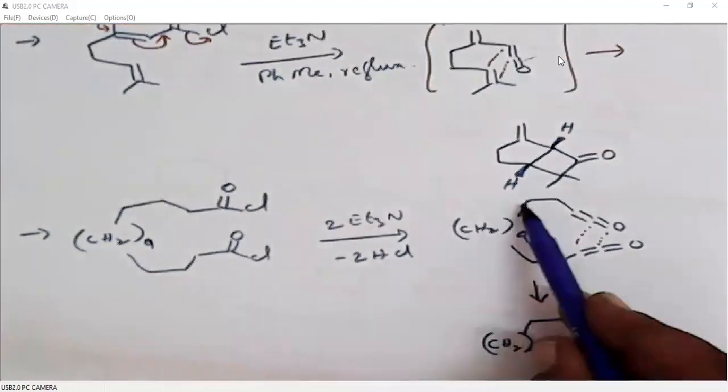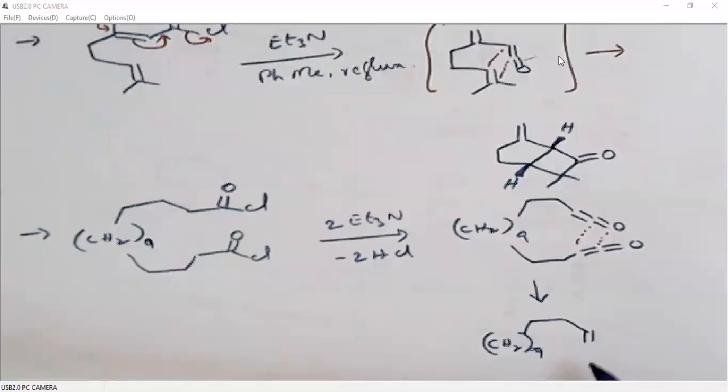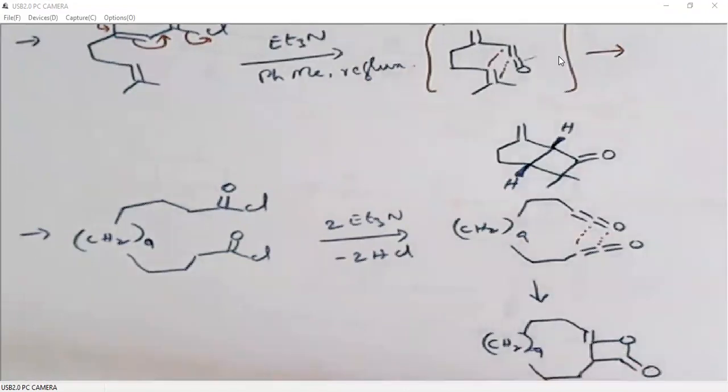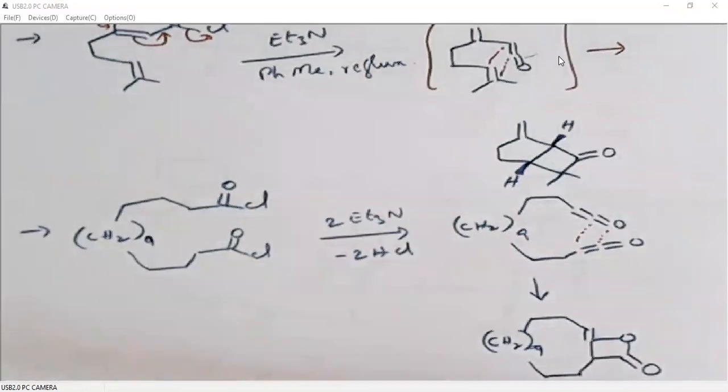So 2 carbons and the next carbon, and here we have a 4-membered ring. And we have 2 carbons. So this is how we need to write the product. And when we hydrolyze this, it is a lactone molecule. So lactone can be hydrolyzed to beta hydroxy. In this case, it is a beta hydroxy carbonyl.